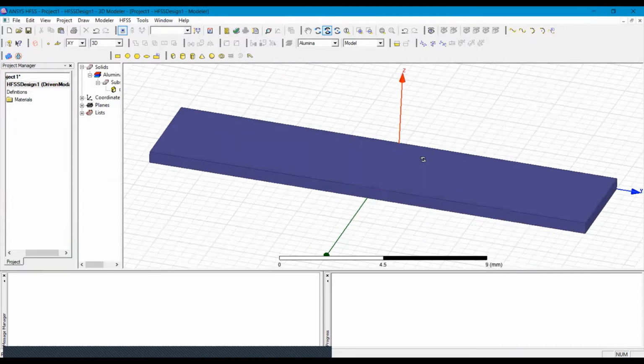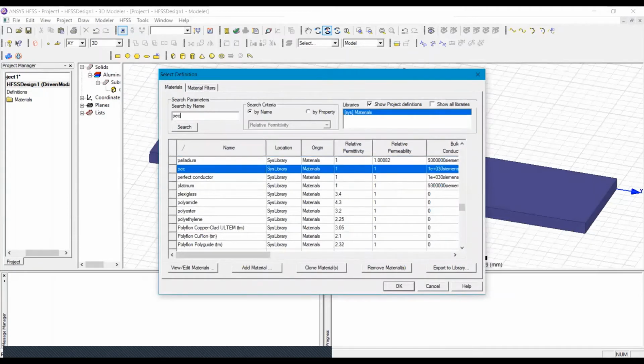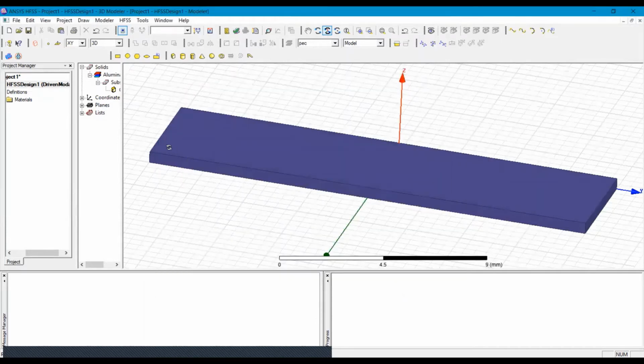Now we will draw the trace. Again I will select the material, and here I will select the PEC, that is perfect electric conductor. Then OK.